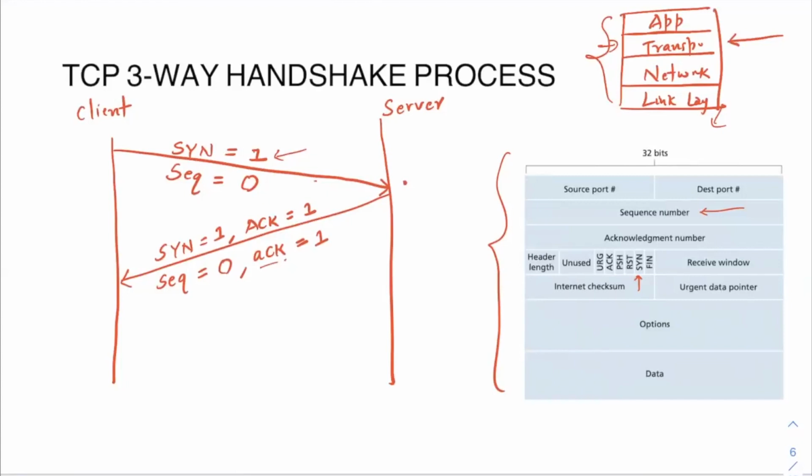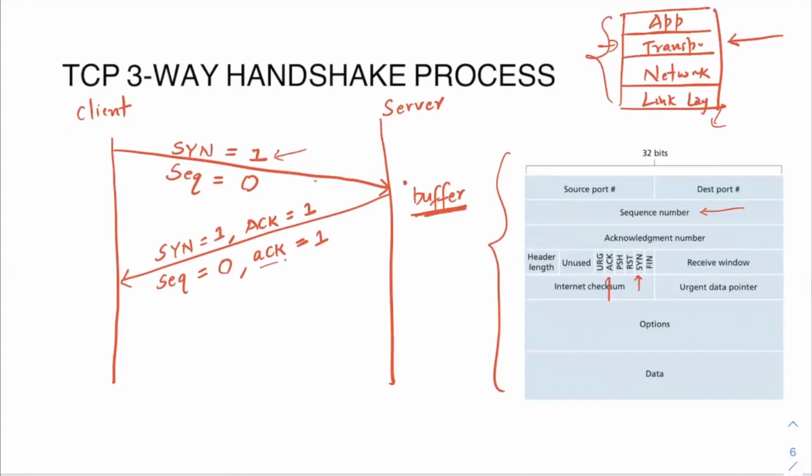And the client will also assume this dummy byte of data. You will see later. If you see here, the ACK flag and SYN flag have both been set to 1, okay? And the acknowledgement number is equal to 1. Now the server will also, as I told you, allocate the buffer for storing the data, because the server has now agreed on this connection. So it will allocate these buffers.